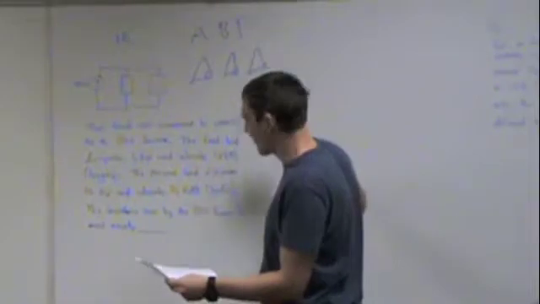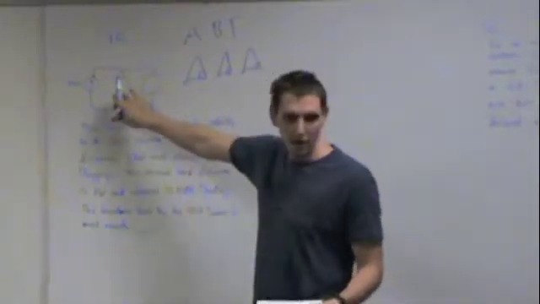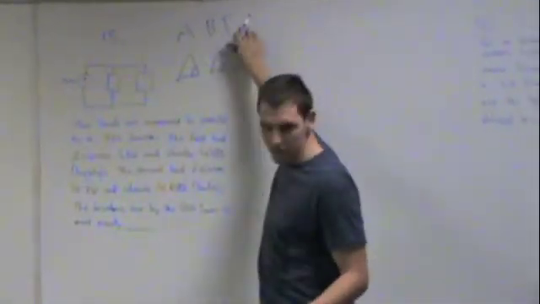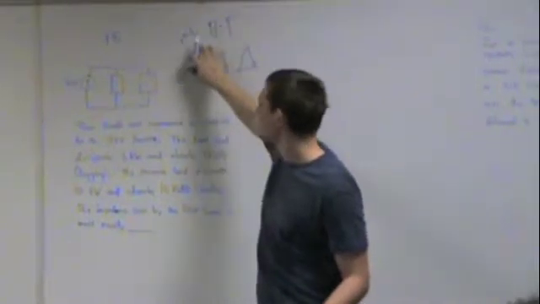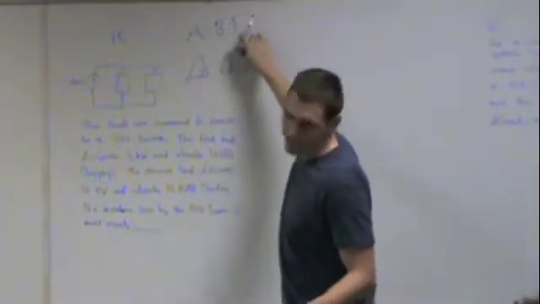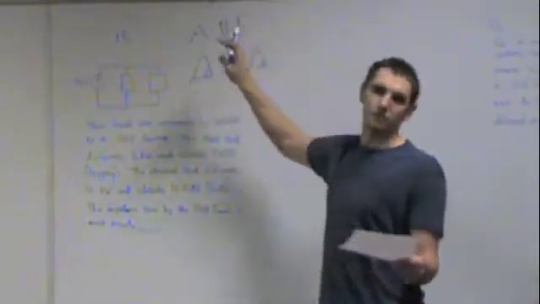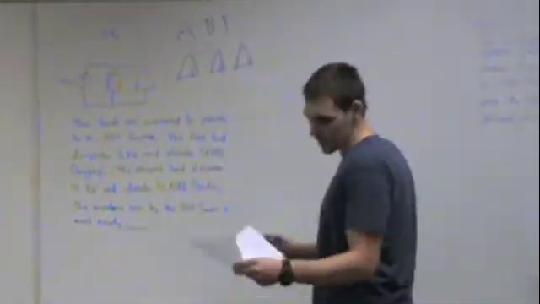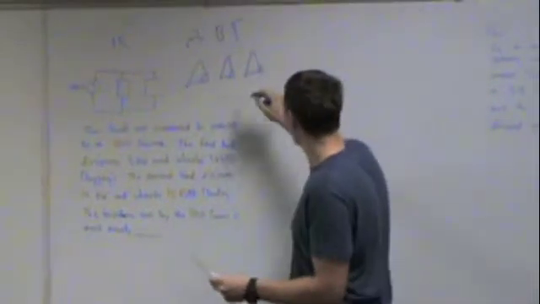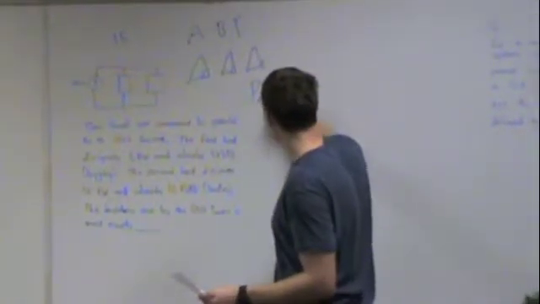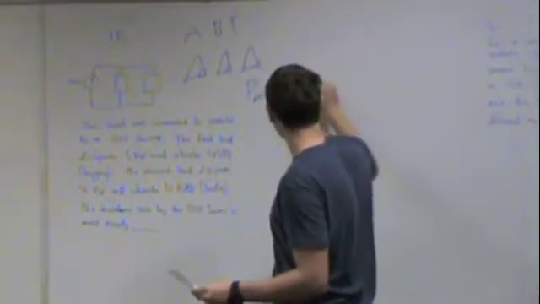This is the first, this is the second, and this is the total. We know the first plus the second equals the total based on conservation of power, so PA plus PB equals PT,